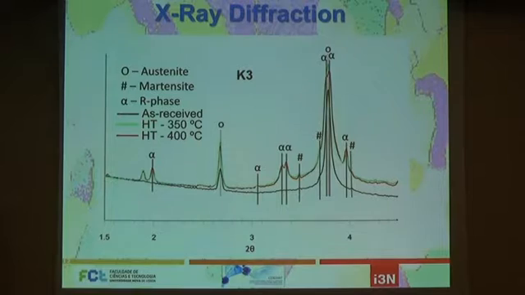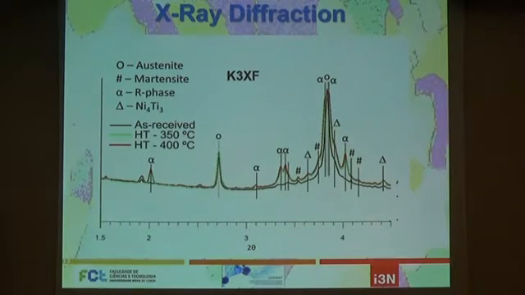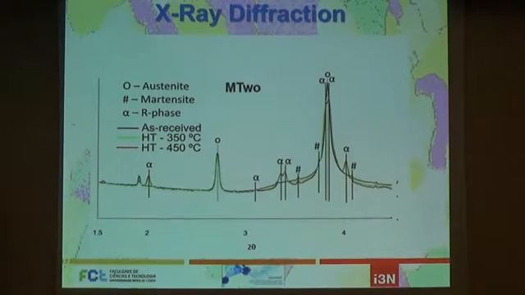We also performed X-ray diffraction to control which phases are present in the different situations. We find that for the K3-5, making the heat treatment at either 350 or 400 degrees, we already find very clear evidence of the presence of R phase, and the same happens for the K3XF and for the M2, where there is very significant evidence of the presence of the